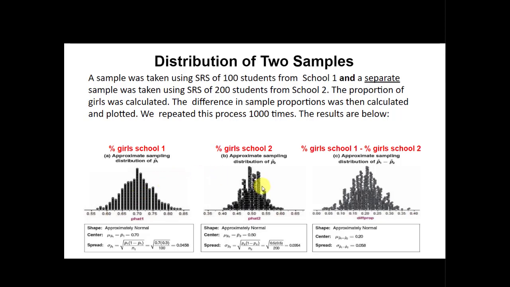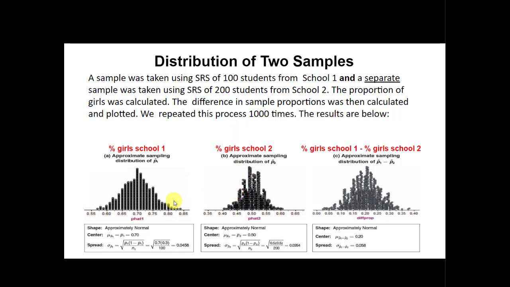This is called bootstrapping, when you do things over and over again. This time with school 2, they took 200 students, calculated what proportion were girls, and plotted it. Then they took another 200 students from school 2, figured out what proportion were girls, and plotted it. And they did that 1,000 times. So they took 1,000 samples of 100 students from school 1, calculated the proportion, and plotted it. They did the same thing with school 2, 1,000 samples, but this time they took 200 students from each sample